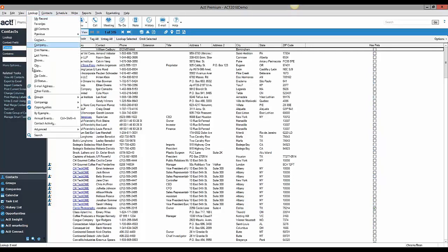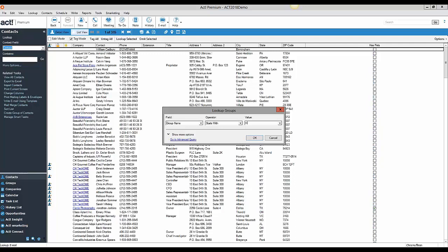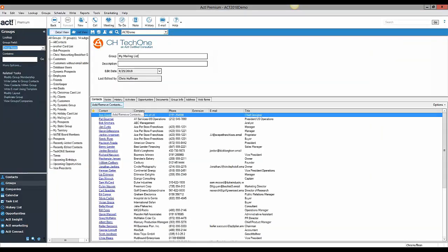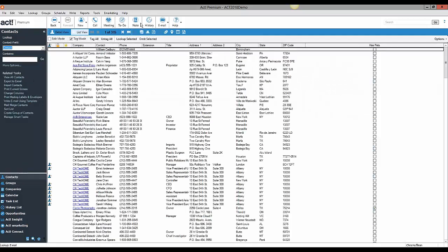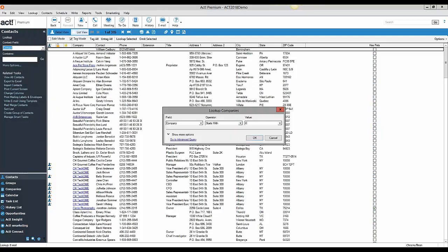Okay, down to the bottom here, we can do lookup of groups. Remember, I made a group called My Mailing List, so I could just type in my M, and there it found for me the group called My Mailing List. So you can do some group lookups from the contact view if you choose to. You can look up the group names and information about the group. Same thing if I had a company name, like if I want to find the company that starts with CH,